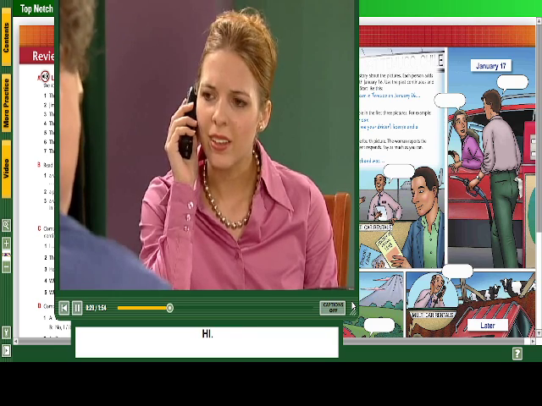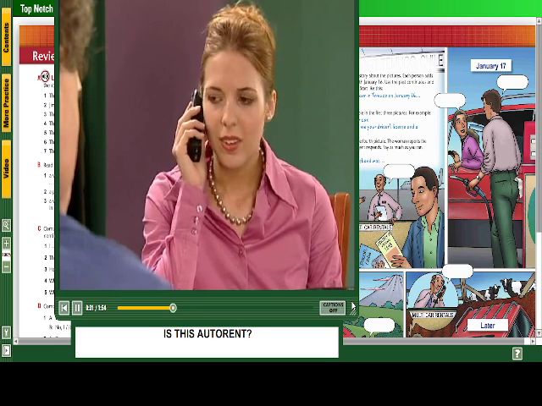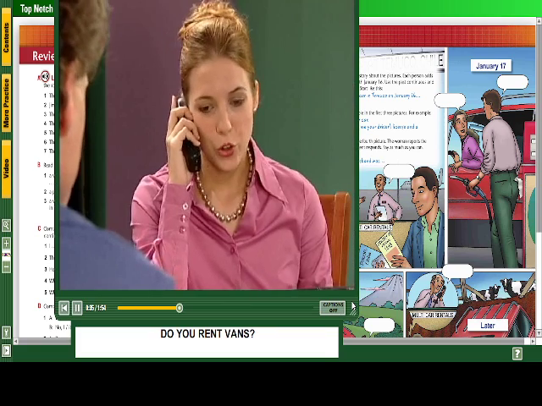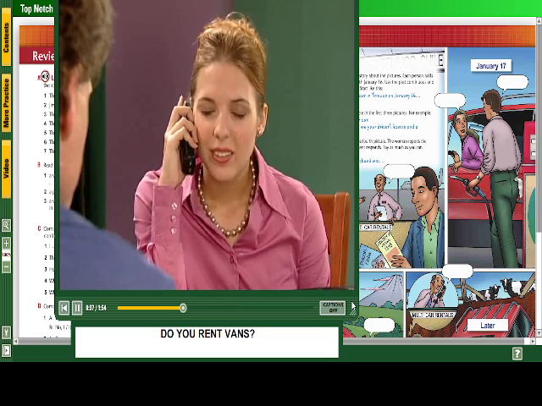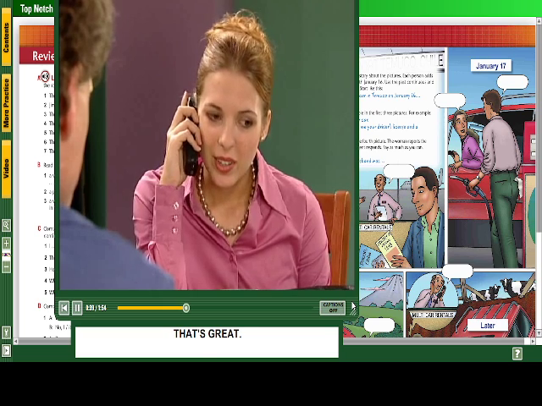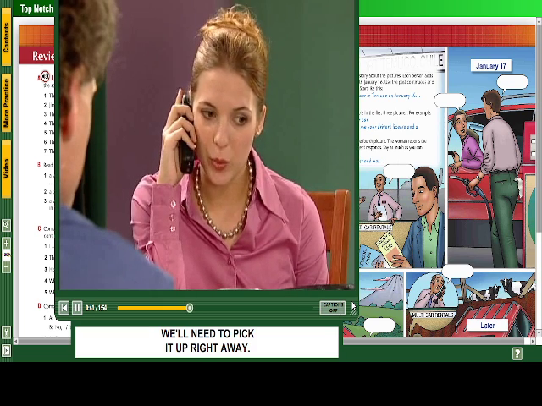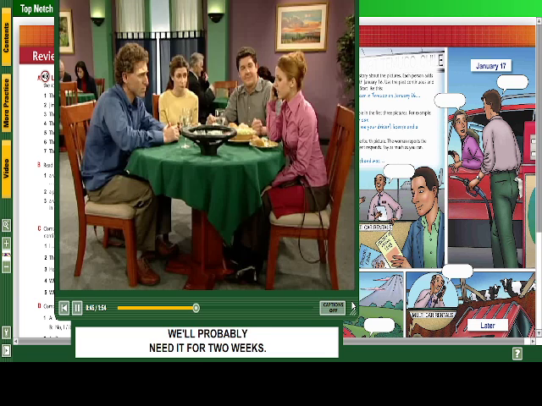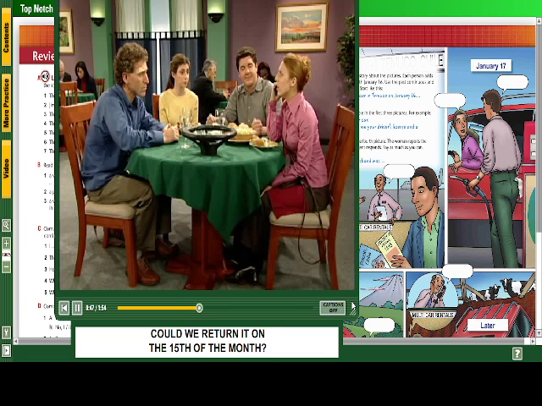Hi. Is this auto rent? I need a rental car. A van. Do you rent vans? That's great. We'll need to pick it up right away. We'll probably need it for 2 weeks. Could we return it on the 15th of the month?